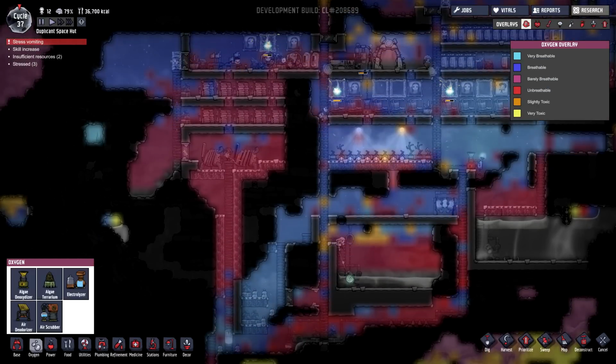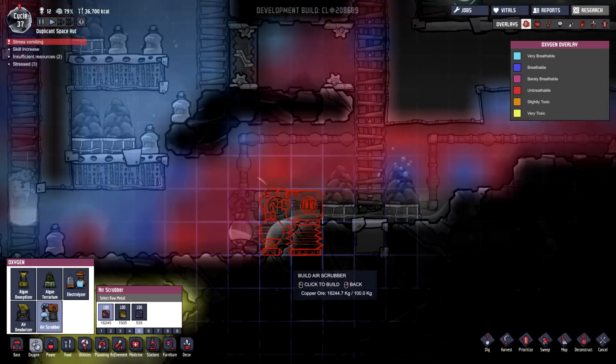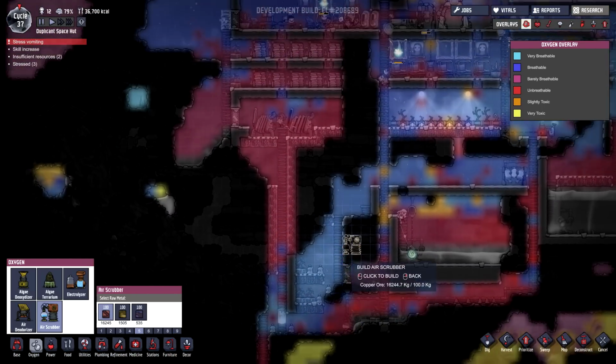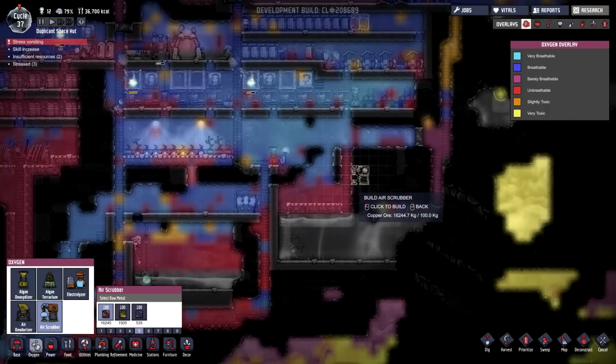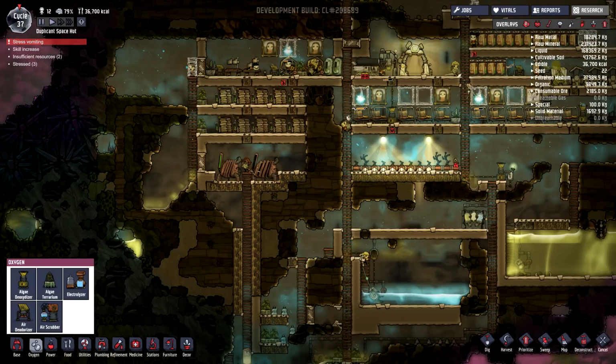Alright, so let's pause. I think we can keep going. Alright, so this is gonna need, how did this one work? See, this is by no means efficient. This is the first time I've ever built one of these. An air scrubber. Now, do we want an air scrubber right here? Eventually, this one won't be efficient, but I feel like, you know, the emergency we have. Actually, look at that! This thing is kicking...